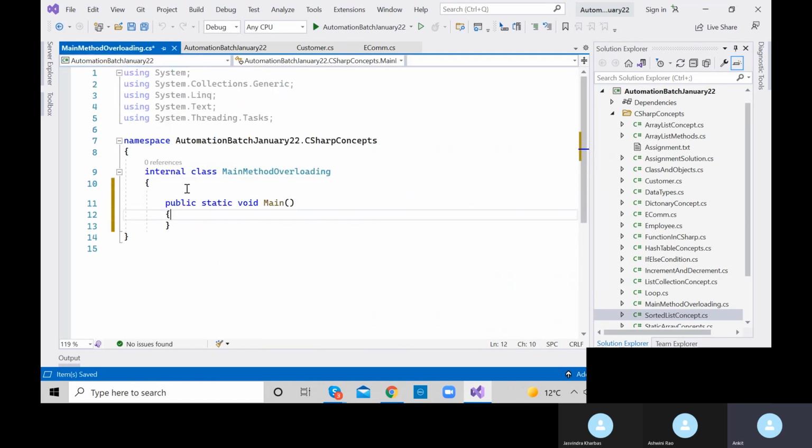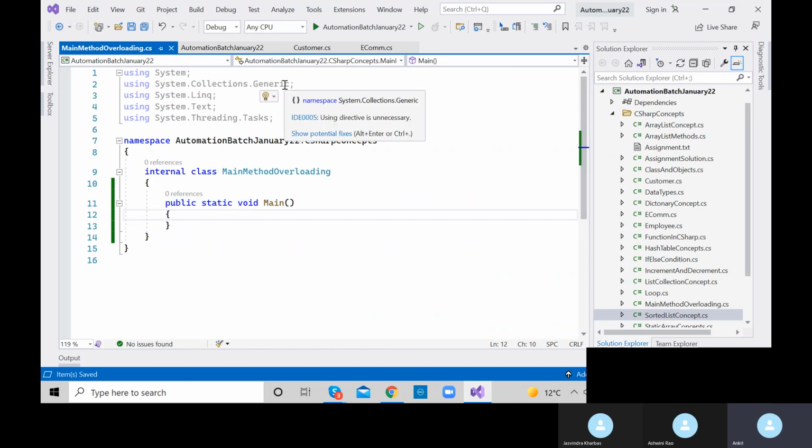But if I run this program, will the compiler be confused or not? The compiler will not be confused, but this class's main method will not get executed, because